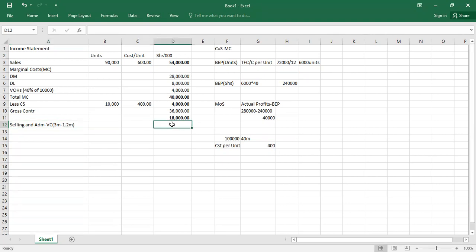So it's 1.8, so 1,800. So can we now get the contribution? This will now be the net contribution after we've deducted everything. What is our net contribution? Minus